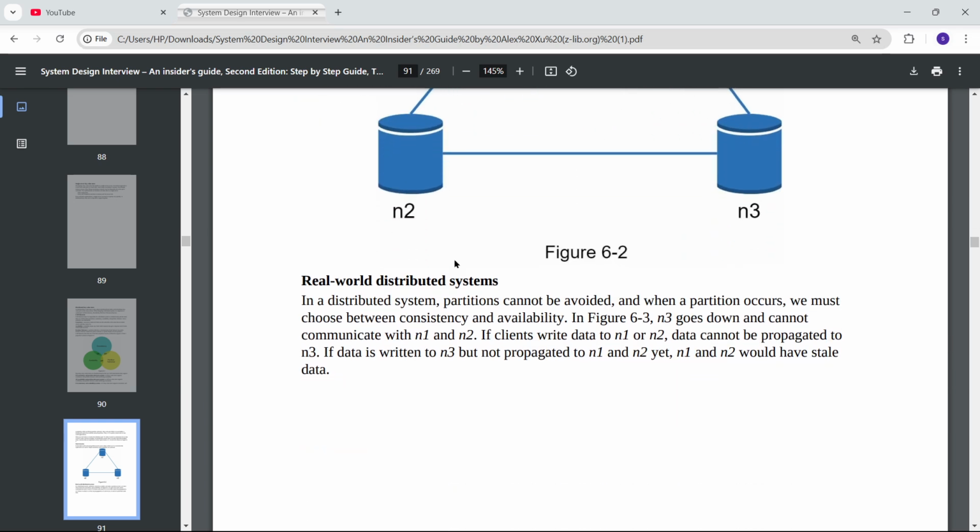Real world distributed system. In a distributed system, partitions cannot be avoided. And when partitions occur, we choose between consistency and availability. In figure 6.3, N3 goes down and cannot communicate with N2 and N1. If client sends data to N1 or N2, data cannot be propagated to N3. If data is written to N3 but not propagated to N1 and N2 yet, N1 and N2 would have stale